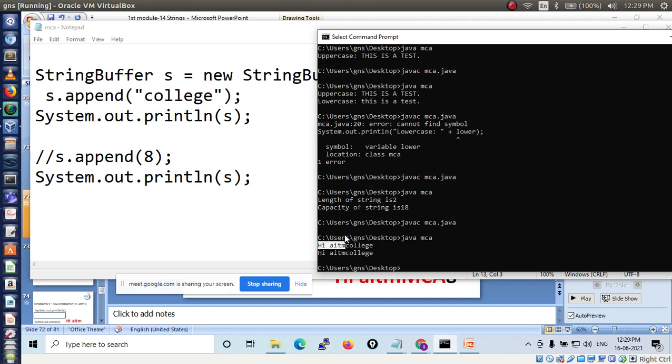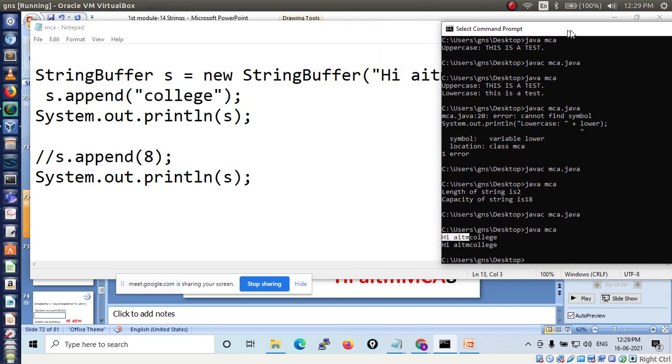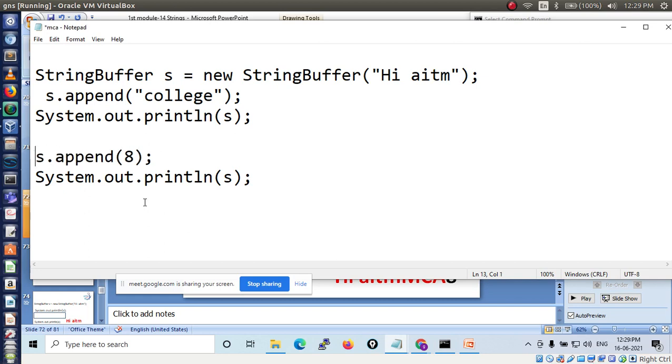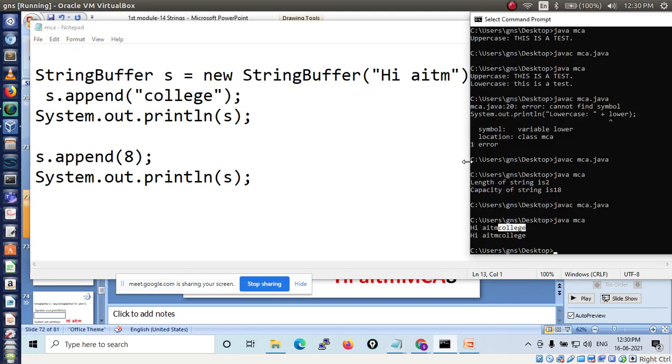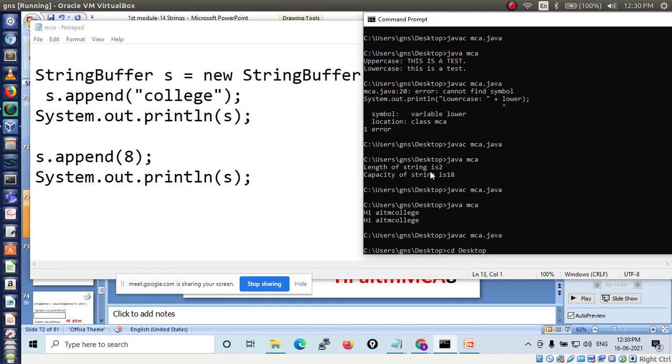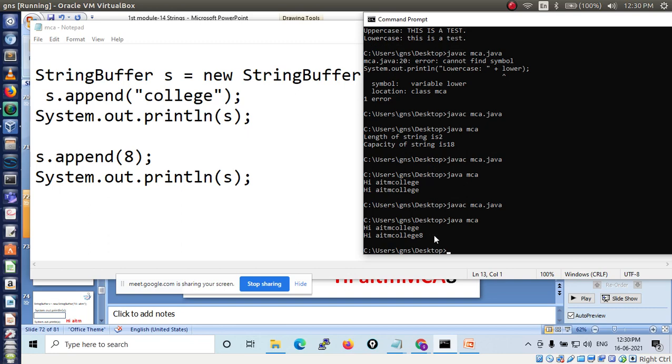Hi AITM is the original string, right? Now after appending college, it adds it to the last word, college. Okay, we are printing 2 times, so that's why it is printing 2 times. Now if I add this integer number, now what will happen? See, now I will have the number 8 at the end.